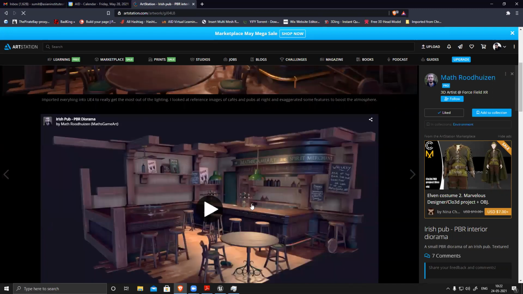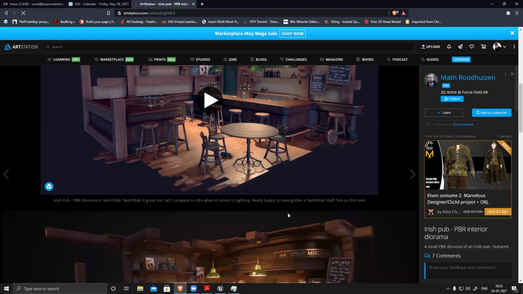It's a pretty simple set. We can make it complex, add more stuff, make it really weathered and old. You can do that. So we'll create something like this and it will look really nice.